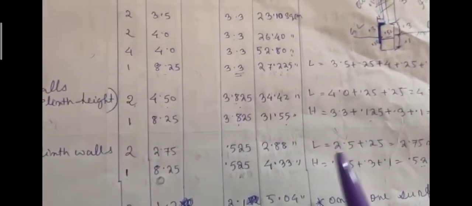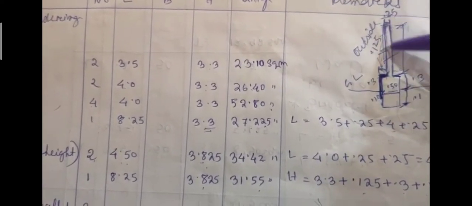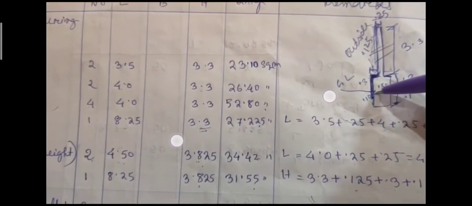Now height. How shall we find out the height? See, in this drawing, this is the superstructure wall. This is the sectional view I'm talking about. And this is the inside plastering, this is the outside plastering. Inside we have considered the height to be only 3.3. So from here to here it is 3.3. But outside we have to consider this. It will go like this, from this point to this point to this point. So the thickness of this wall is 0.25. The thickness of plinth wall is 0.5.